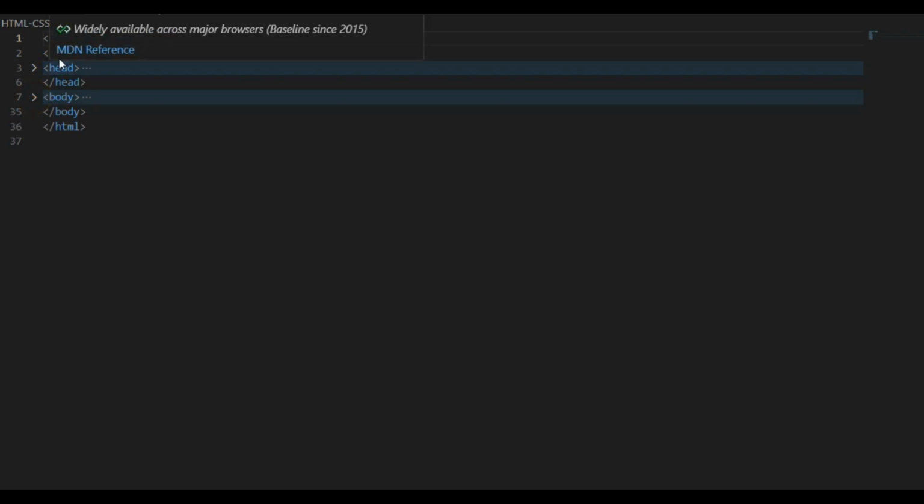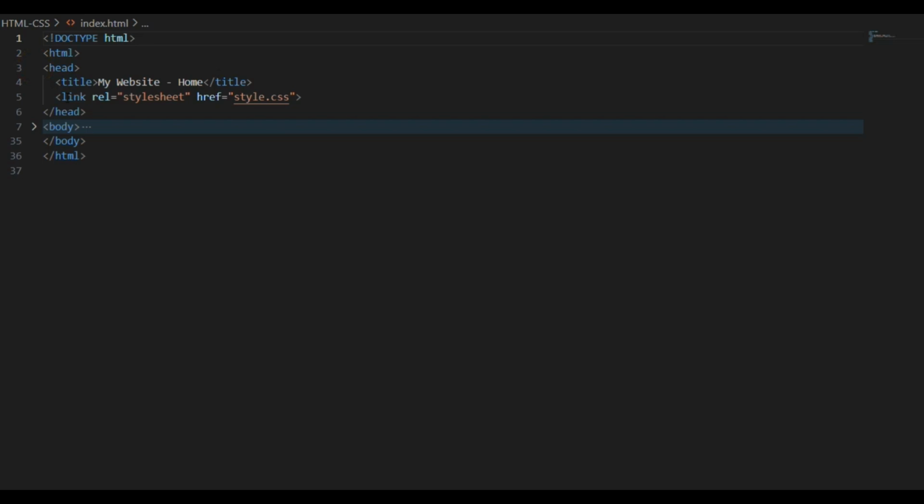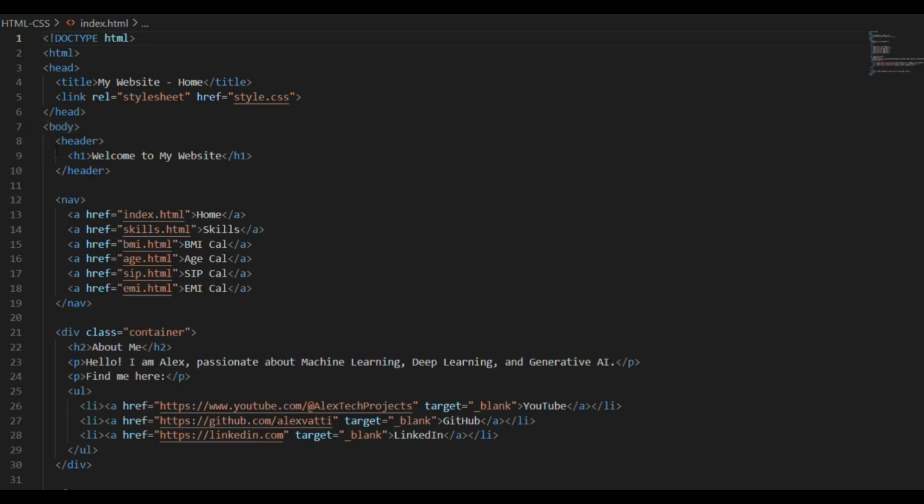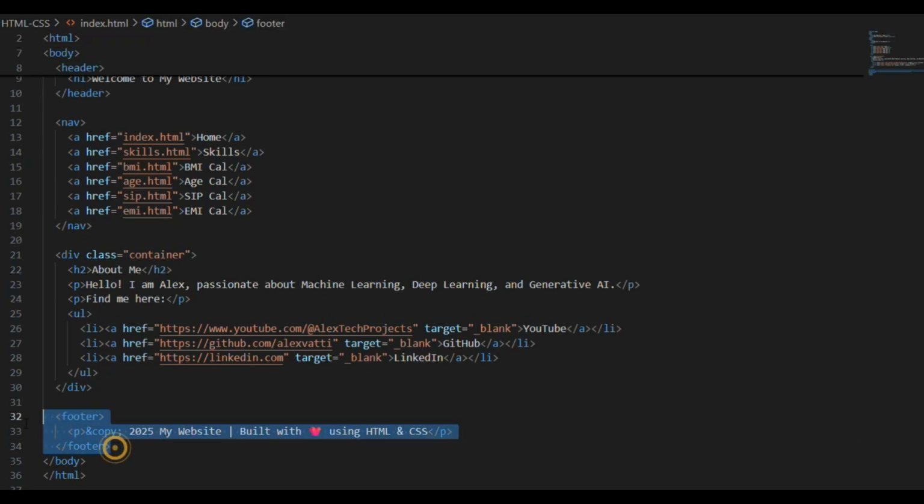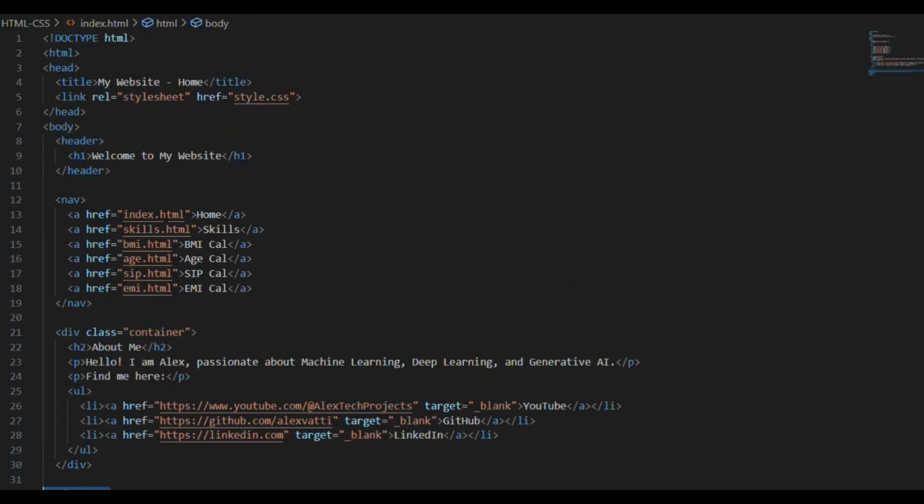So HTML contains the head and body. Now if you click the head, title and link have been there. And even sometimes meta, which says about search engine optimization, who is the author, what is the purpose; meta data we can provide. And now if we come to the body, you can see there is a header, and this is the footer. Like in a paper, we have an A4 sheet, header and footer, it has been there.